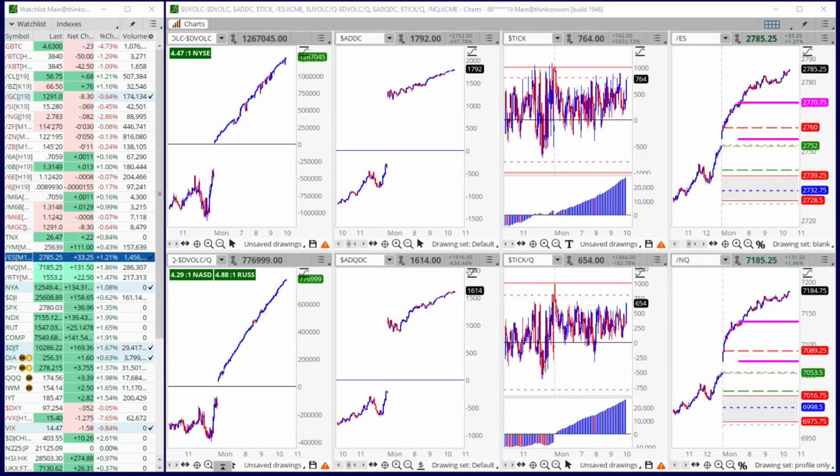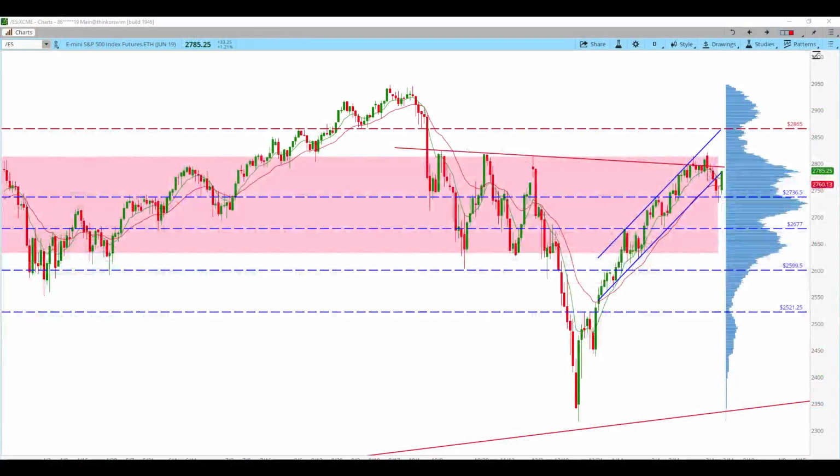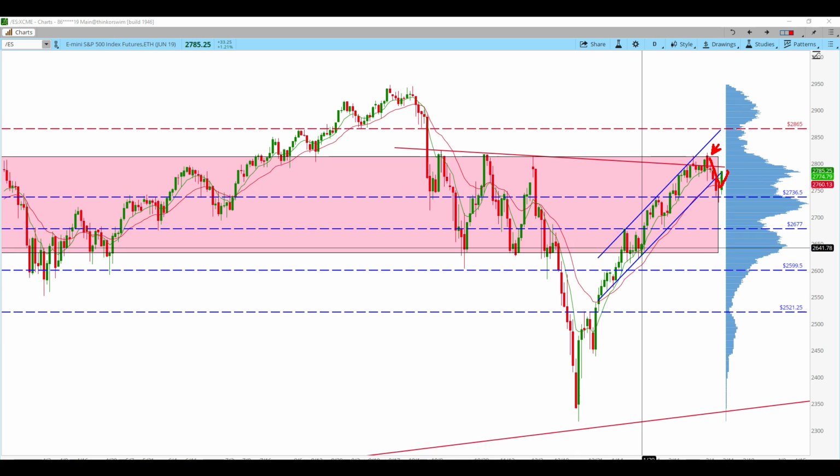Let's switch over and take a look at the ES on the daily chart. You can see that the ES pulled back last week from this upper band here, and right now it's kind of bounced back a little bit. If you have not watched my weekend video, you might want to take a look at it. I am looking for some sort of a pullback and essentially sell on strength. So as it rallies back up to some sort of pivot or resistance, then look for an opportunity to go short on it,